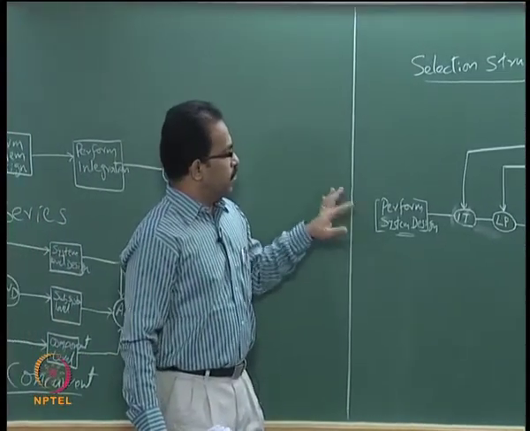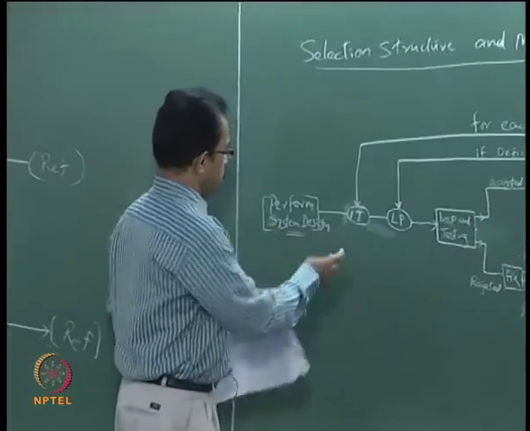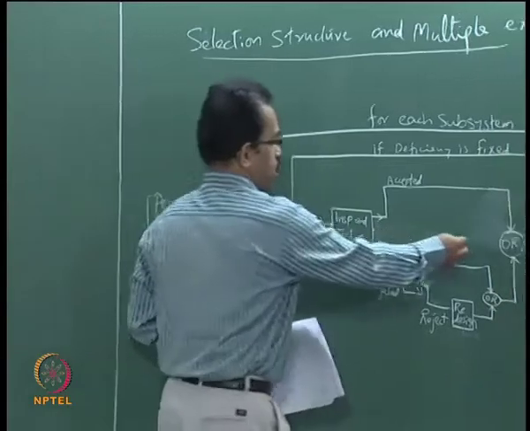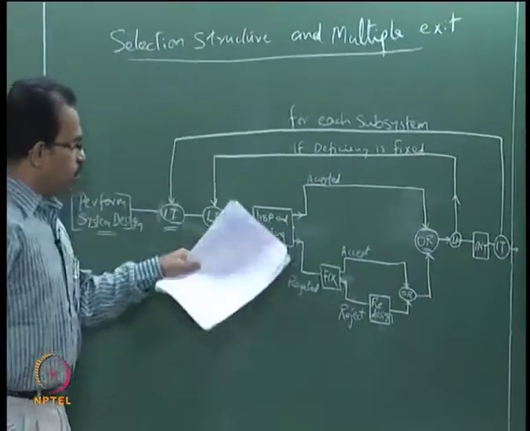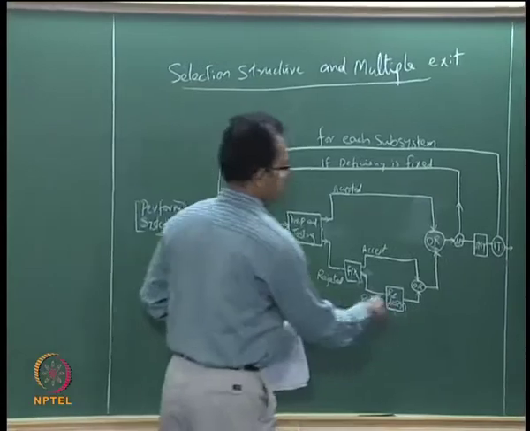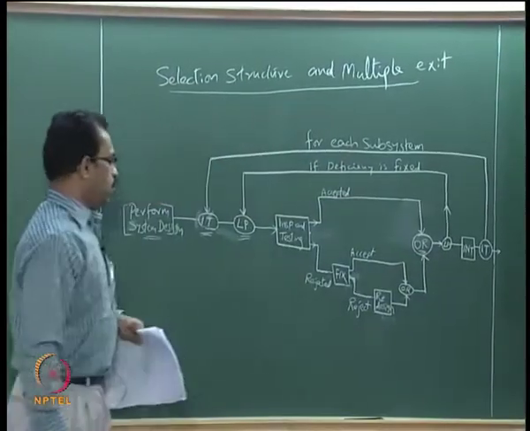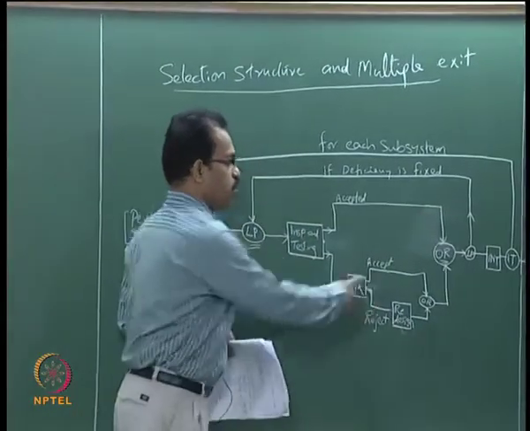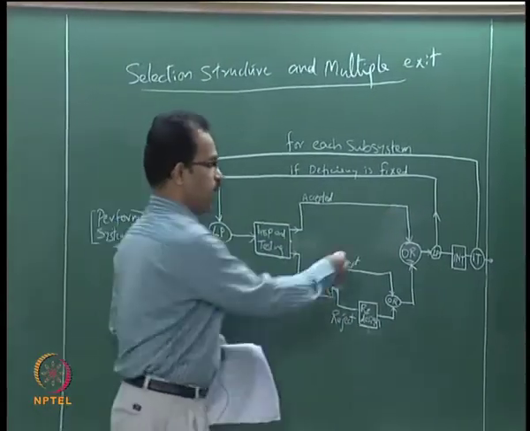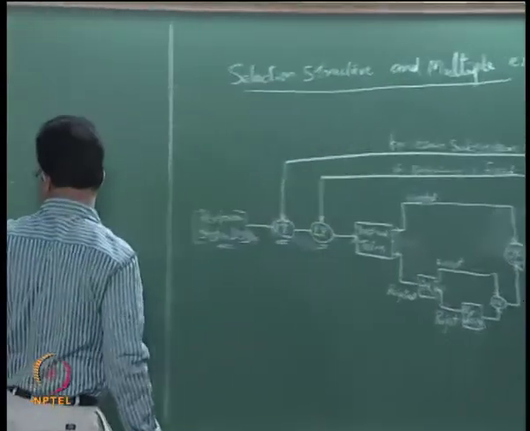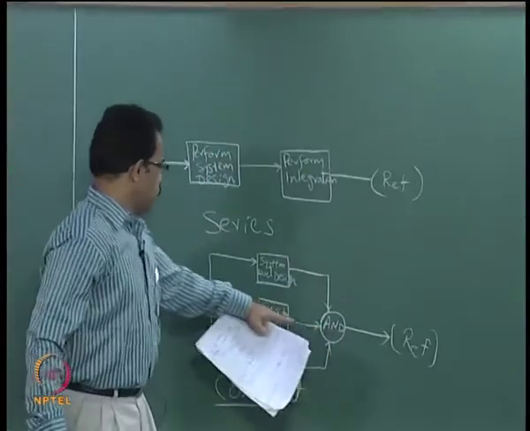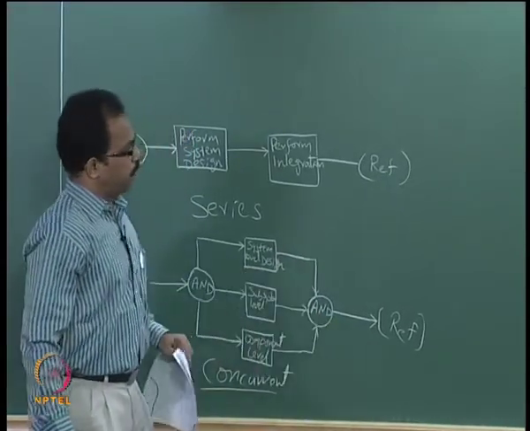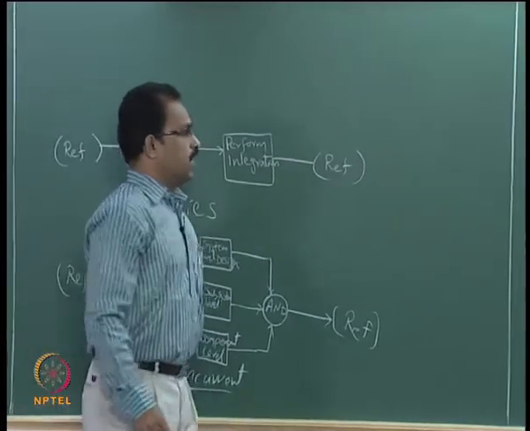So we can see we are actually using many blocks here: iteration, looping, and of course the OR, and in some cases we may have to use AND also. In this case there is no AND block, but here we have an OR block, so one of these outputs will be coming out. If both the outputs are needed in some situations, then we have to use the AND block as shown here in this block. So we have used the OR block there, but in some cases we may have to use the AND block also. This is the selection structure and multiple exits.